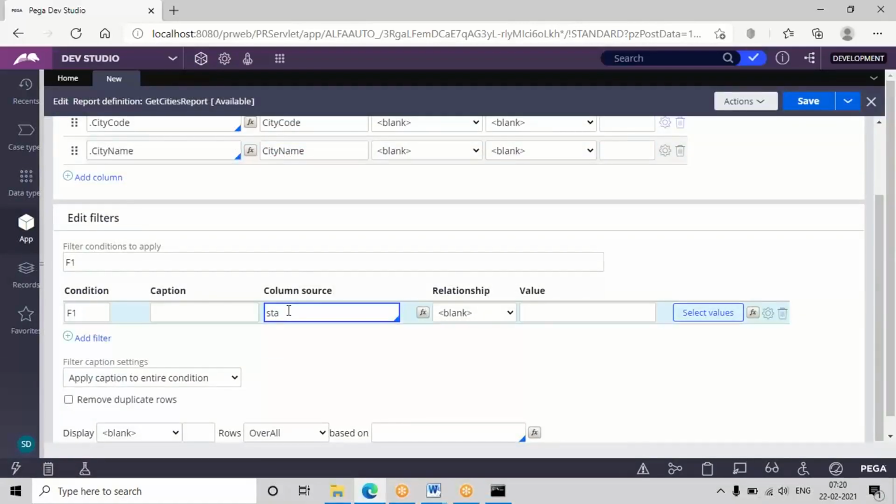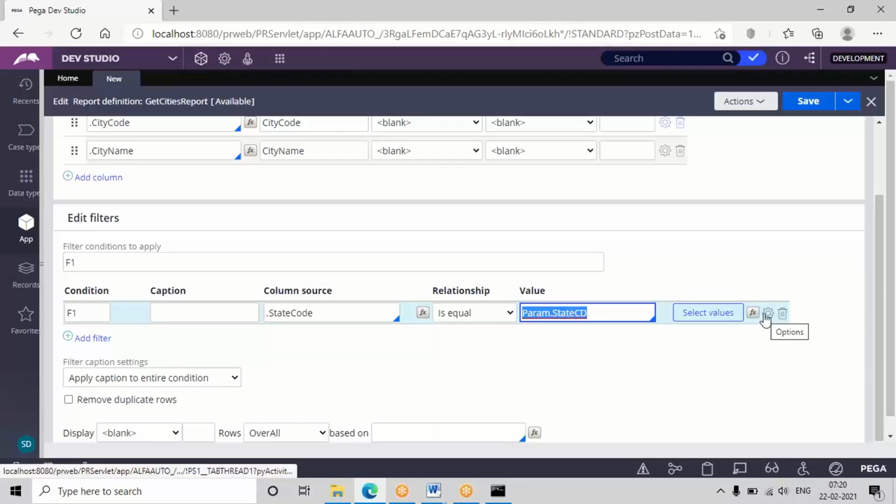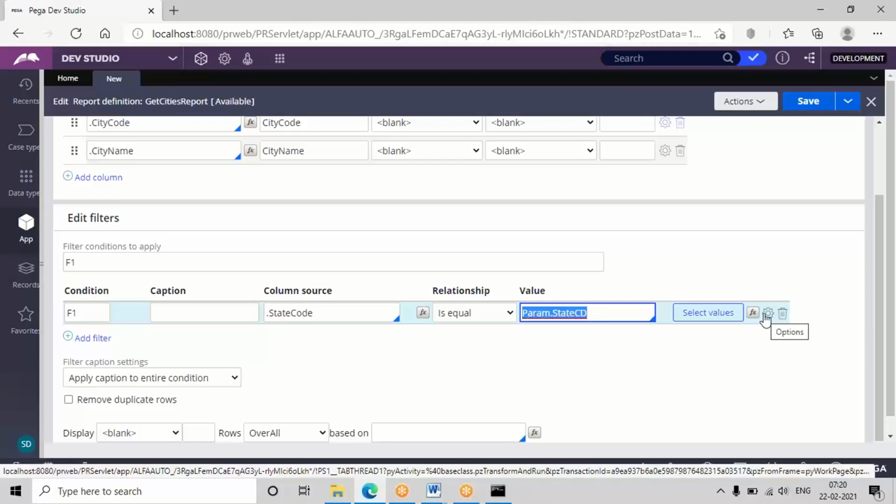So here you need to choose state code, and coming to the parameter value, select the parameter value. And if you remember the condition in the previous example, when I applied the filter conditions using parameters for the last examples, I told you it will only load the data, but the display should be empty. When input is selected, then only you should get the display.